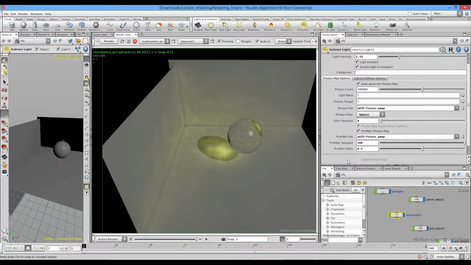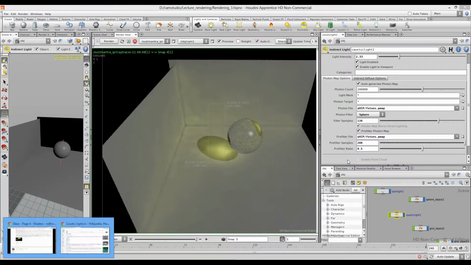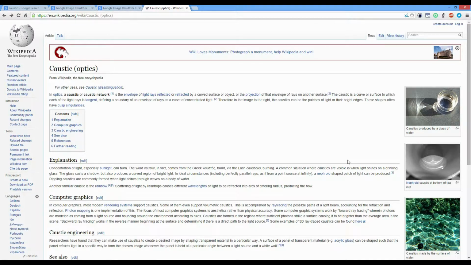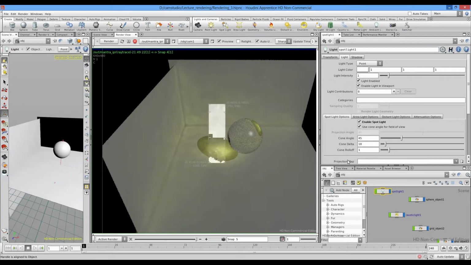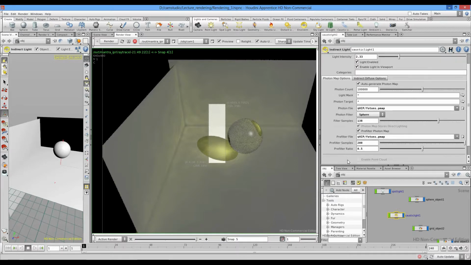So now I can blur it by filter samples, and I will select this small area just for sake of speed. So now you see that image become really blurred and soft, which is unnatural because caustic normally is really sharp effect, as you can see here. Well, the only way to reach this effect is to increase amount of photons and increase render time. That's why I told you that this is really expensive